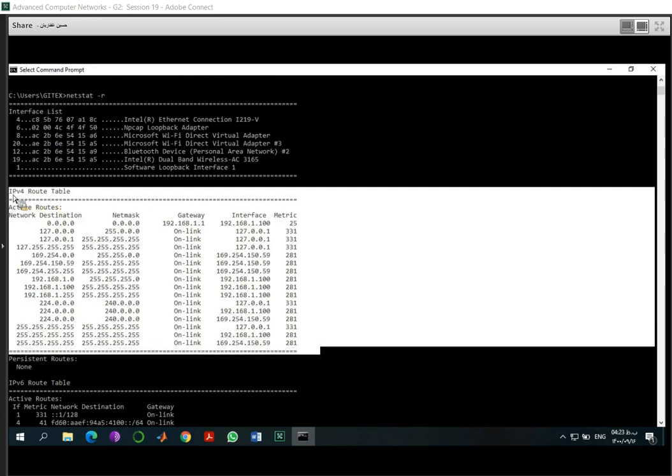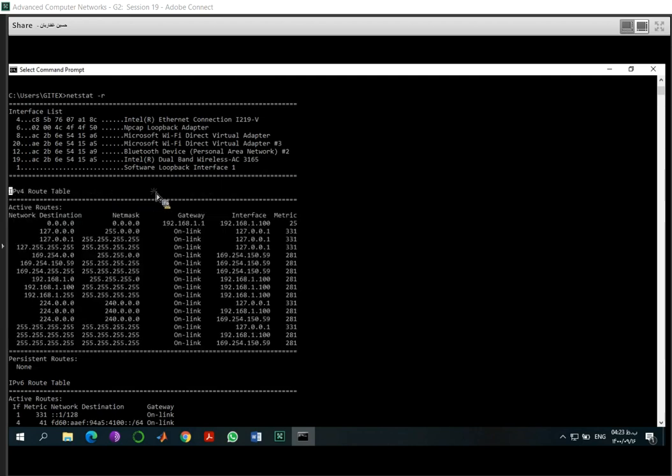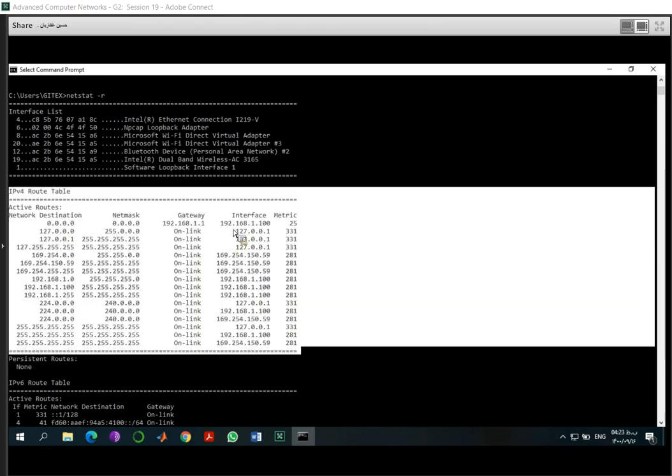And in my computer, there is no persistent route. All of my routes in my computer are dynamic. There are no persistent routes in my computer. Define persistent routes. Okay, and also there is another routing table which is related to IP version 6.